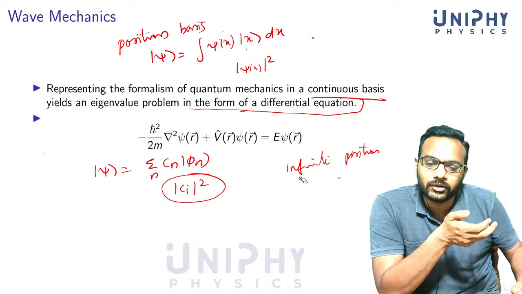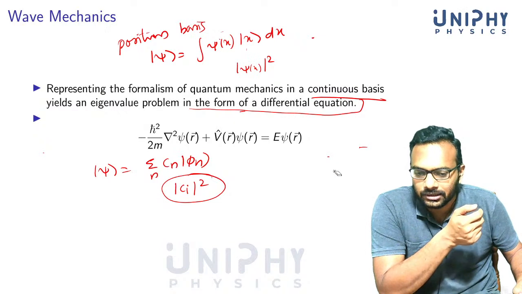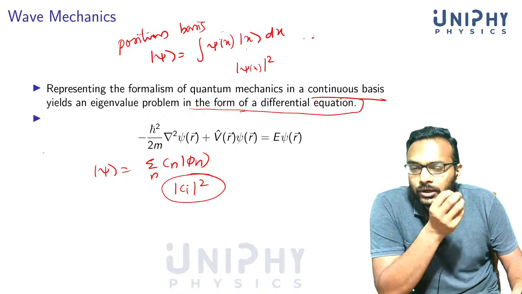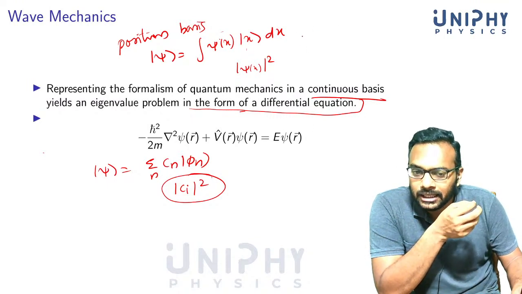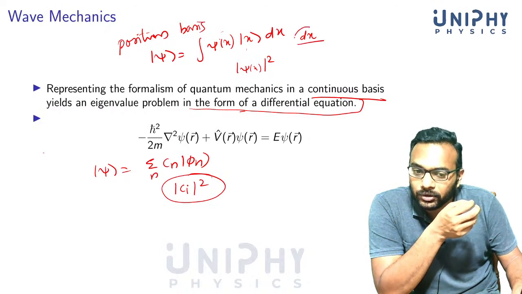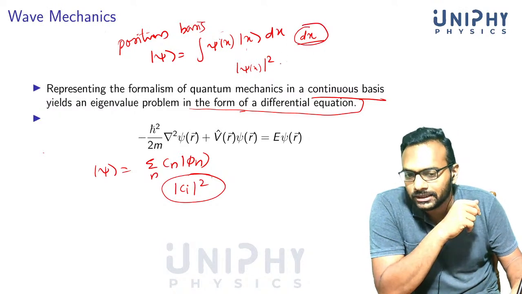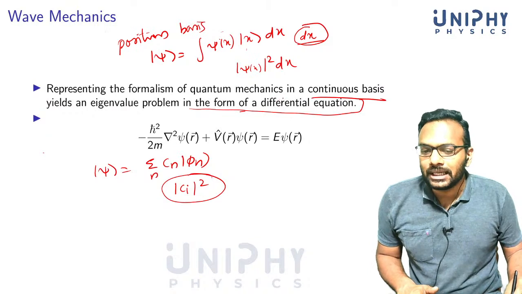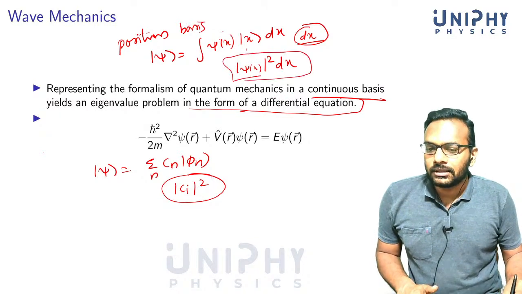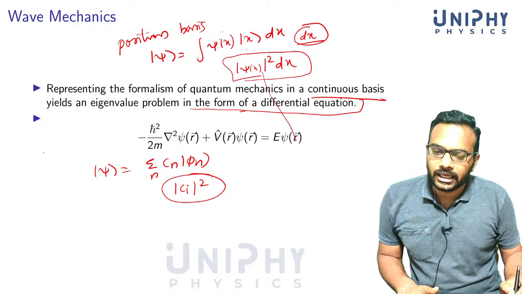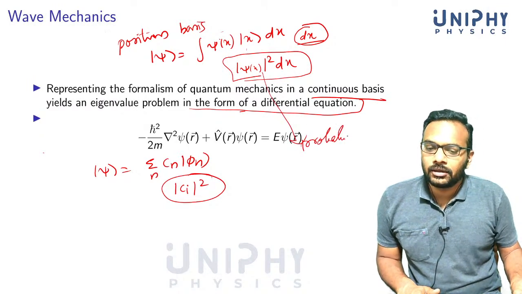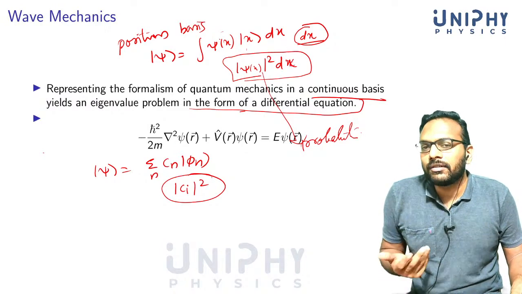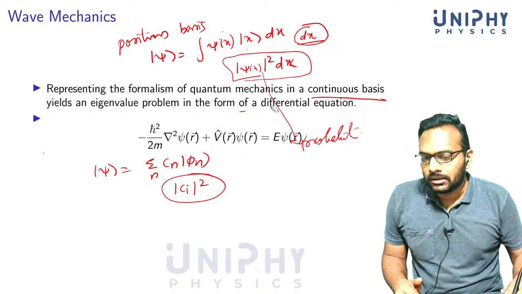So since there are an infinite number of possible positions, because position is continuous, we cannot really talk about finding the particle in an exact spot. We can only talk about finding the particle in an interval dx, between x and x plus dx. So modulus of psi of x squared alone we call the probability density. And if this is one dimension; if it's three dimensions, you will have d cubed r vector. That's how we do it.